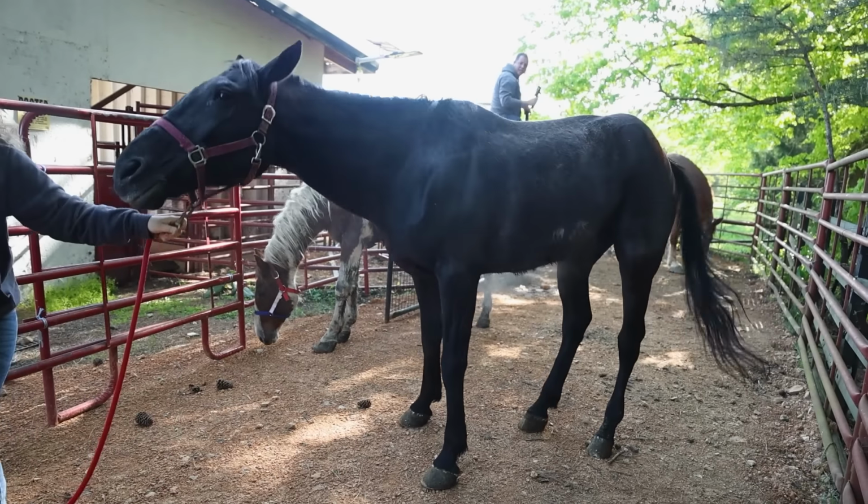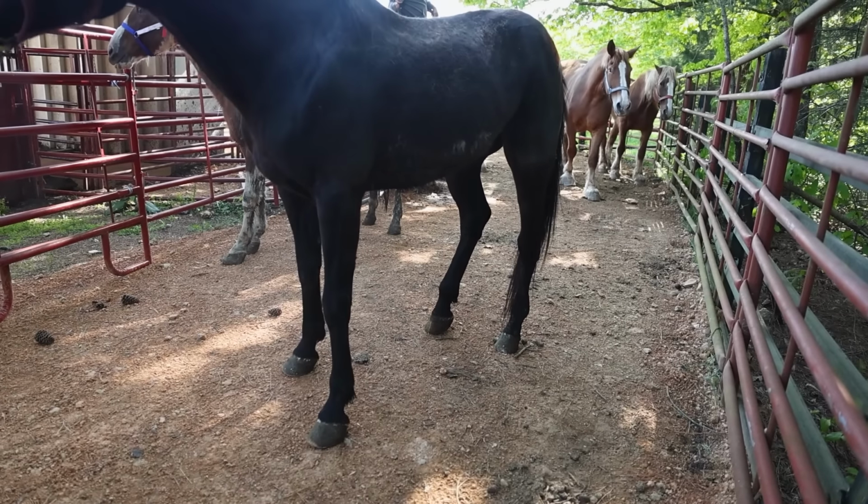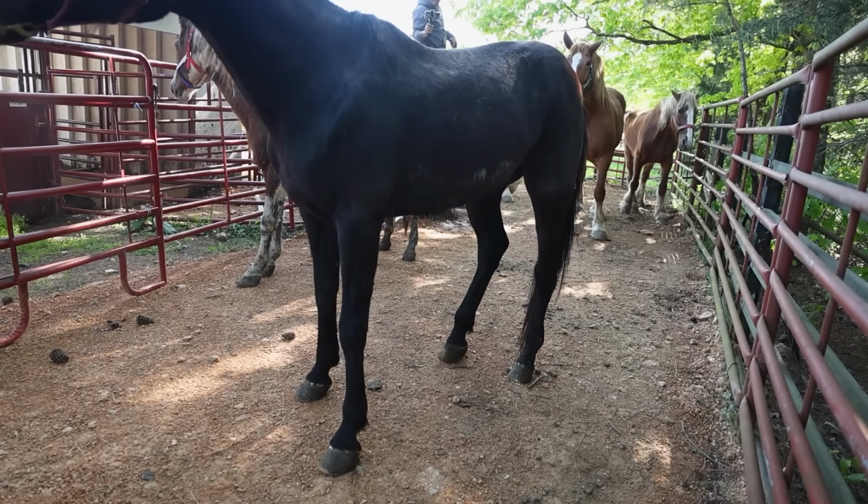133. Some of the draft horses are doing okay. And here Tony's working with the black one that had